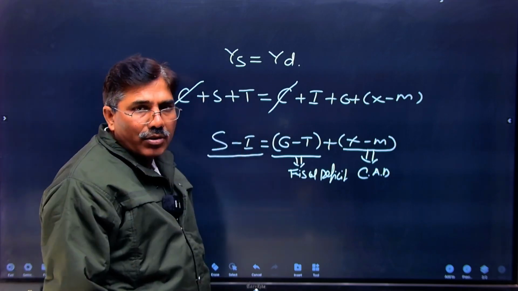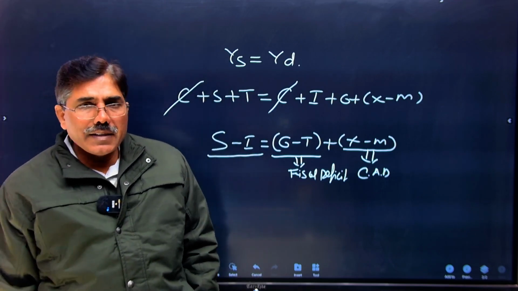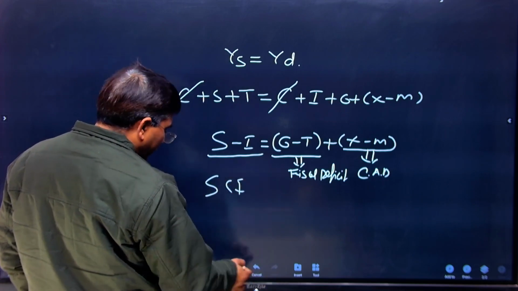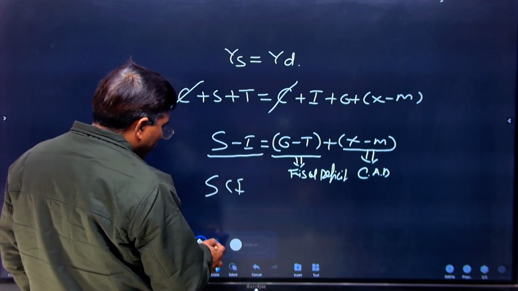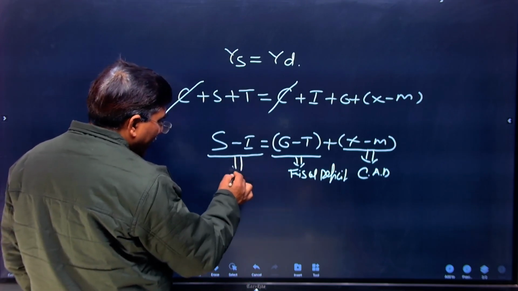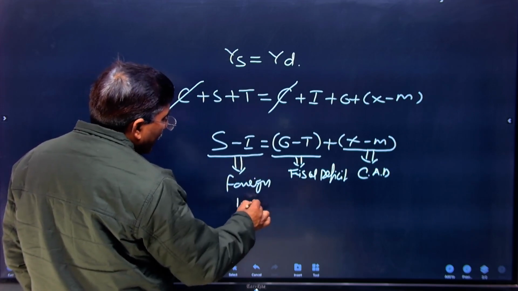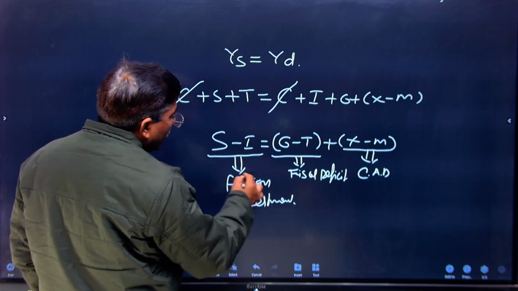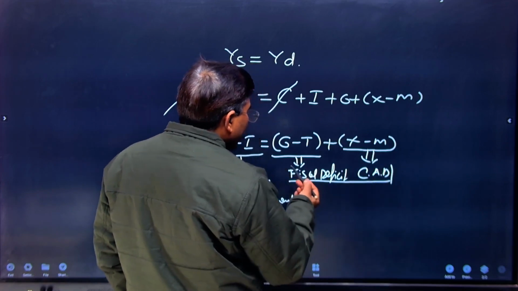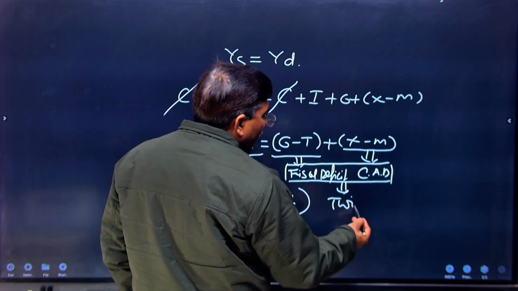As you know, in the Indian economy our savings are always less than our investment. This difference, where saving is always less than investment, is managed through which one? Through foreign capital, or you can say foreign investment. Now the point is clear. These two deficits, fiscal deficit and current account deficit, are generally known as twin deficit.